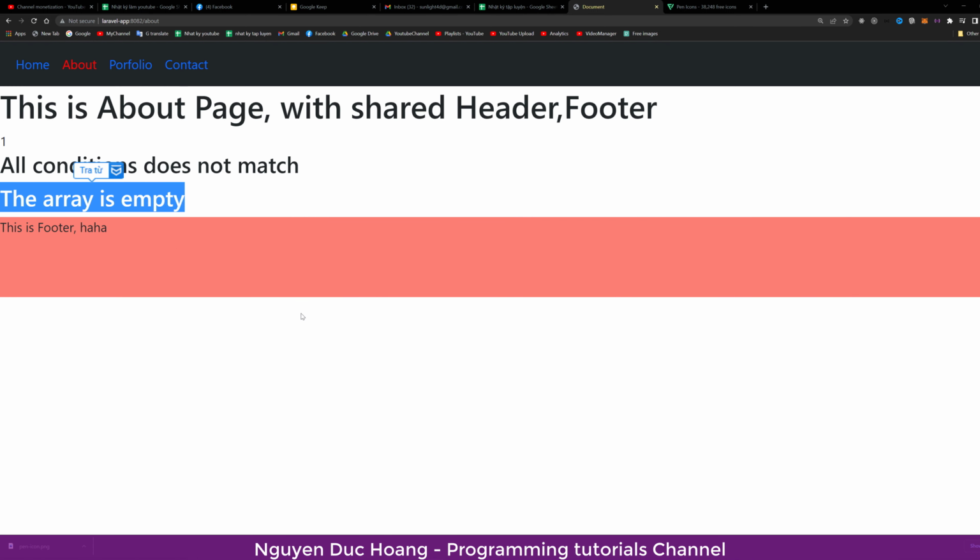Okay, so index.blade.php, and for the content I copy every this and paste it to the index, and change a little bit, remove this and change it to this post page. Yes,